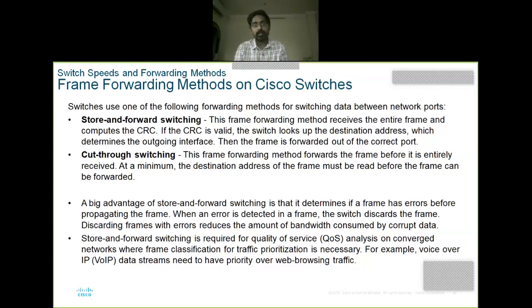Next, the store and forward mechanism. If the destination address is there in the MAC address table, it can forward the data. If the destination address is not there, it can perform a broadcast, and while getting the address, it can transfer the data. That is the main difference between store and forward and cut through. Cut through is faster but not reliable. Store and forward is a little bit slower but reliable, and has the chance for a CRC check.